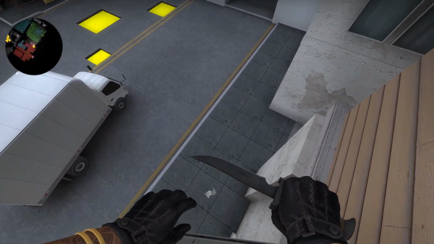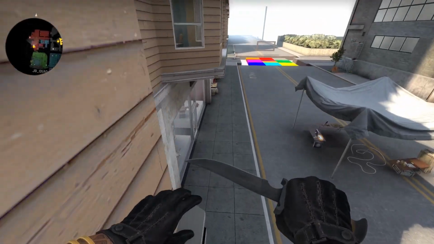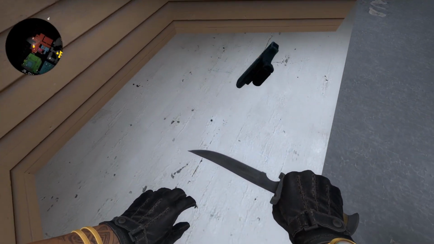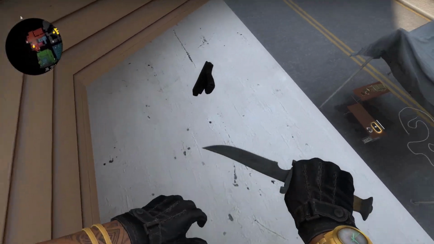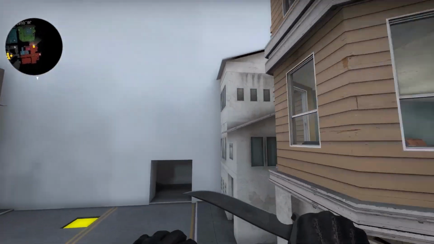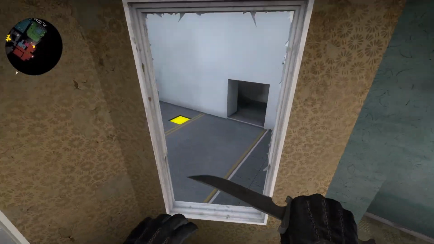We'll go to the left first. You want to jump around the edge of the building here. And there's a gun right here. Also, if it's up here and you have a grenade, you can toss the grenade up here and knock it down into the ground. Next, coming back to this window, we can go out to the right